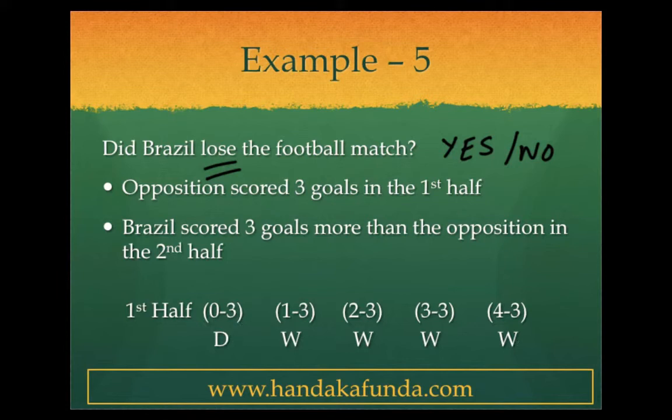You cannot say whether Brazil won or not because it could be a draw or it could be a win. But did Brazil lose the match? No. Brazil did not lose the match. It could have drawn, it could have won. But what is the answer to this question? If someone asks you after the match, did Brazil lose? What will you say? You will say, no, they did not lose. And if they did not lose, you are confident about it. You have found a unique answer by combining the two statements. So the data is sufficient. By combining the two statements, you can answer. What will you mark? You will mark 3 because you have solved it after combining the two statements.